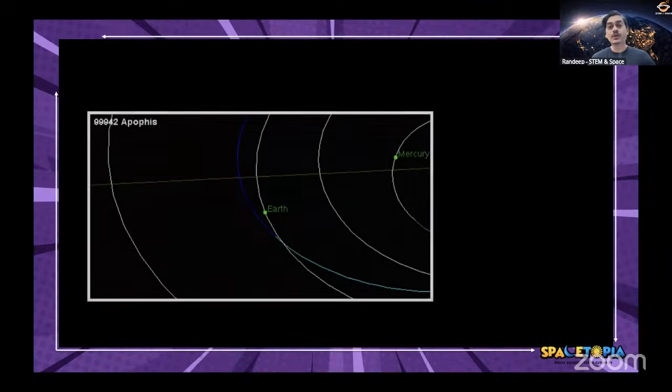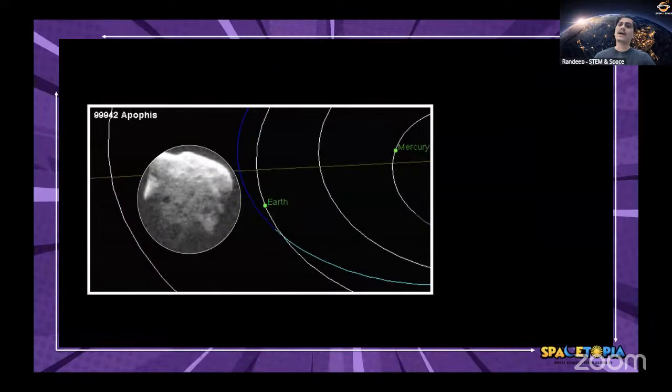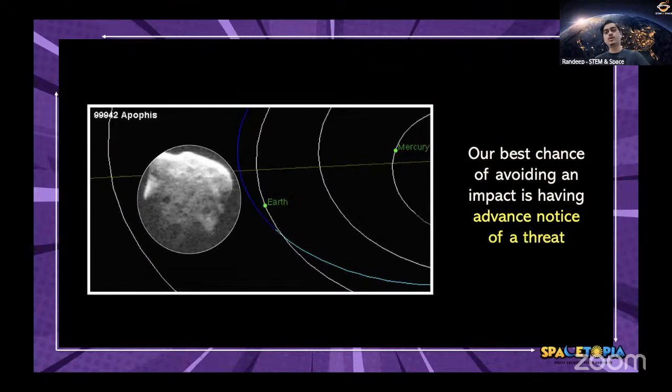And I'm sure that you all must be aware of the dinosaur extinction, which took place about 60 to 70 million years ago, where there was again an asteroid hit, which literally wiped out millions of species from the face of the Earth. So, how do we actually make ourselves safe? Well, our best chance of avoiding an asteroid impact is not fighting it, of course, but having advance notice of a threat. This is the main reason why we keep looking out for asteroids, for any kind of object that is coming close to our Earth, that is moving around our Earth.